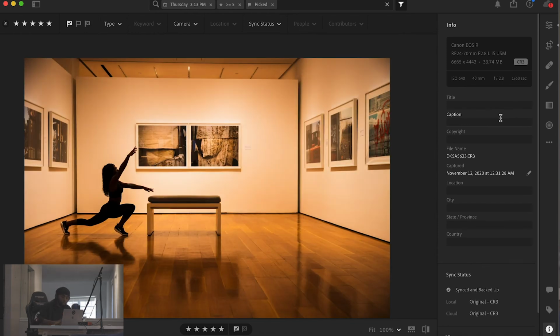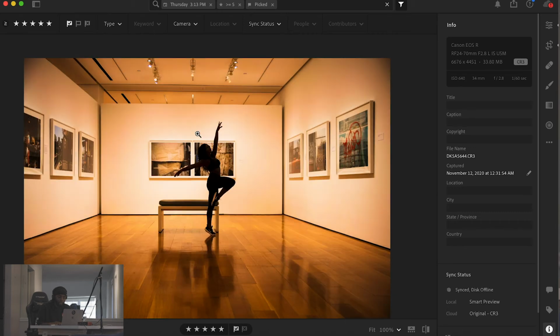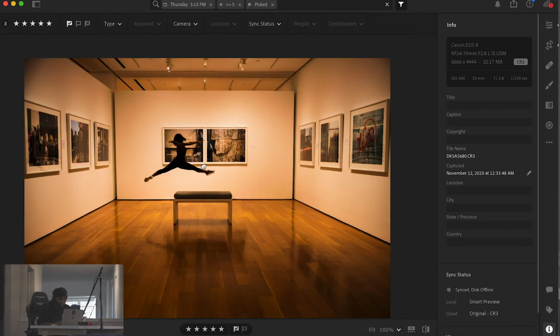So normally if you shoot at whatever focal length you choose to shoot at, I shot at 40 millimeters, you really want to double that. And then that's going to pretty much be able to capture any image or any movement that's happening in the image. But with a dancer, it's so much movement, people want you to shoot at a higher shutter speed to